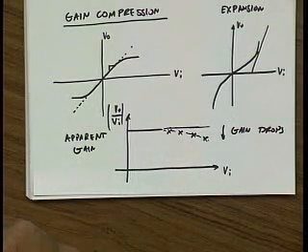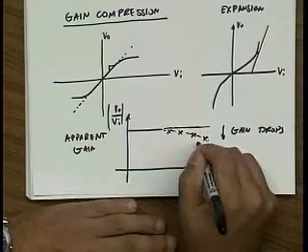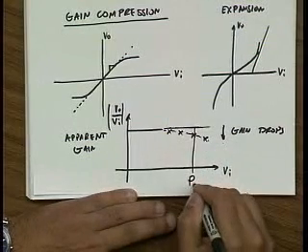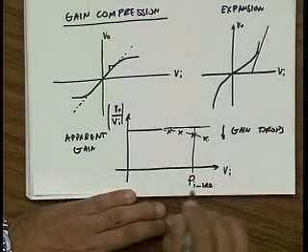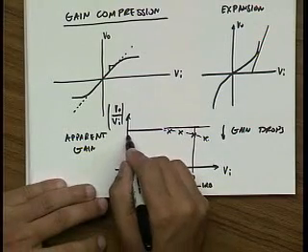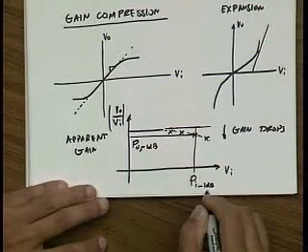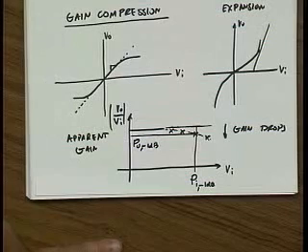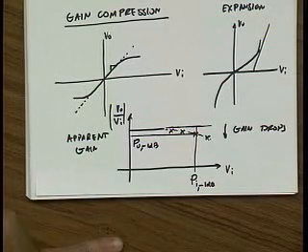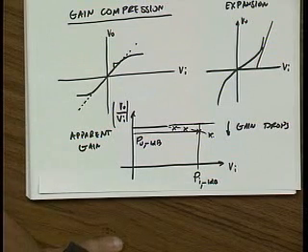Okay. Now what's interesting is if you find the point at which the gain is dropped by 1 dB, we call that the input 1 dB compression point. P input minus 1 dB. And likewise on the output, we could call this P out minus 1 dB. And this is a very useful number. If somebody tells you I have 2 amplifiers and one has a 1 dB compression point of 5 dBm and the other one is 0 dBm and you need lots of power, obviously you would choose the one that has higher